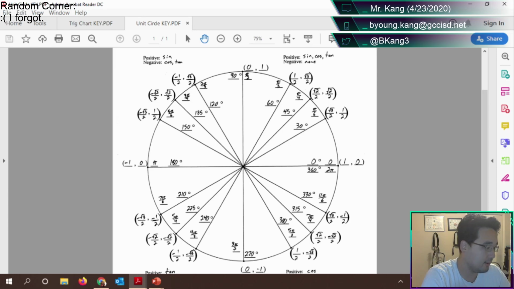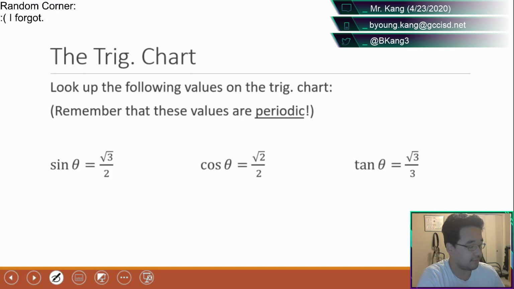But the key here is that whenever you go to a given angle that has special coordinate points, then you can always look up the sine and cosine of that angle by just looking at either the x or y coordinate. So if I ask you something like sine of theta equals square root of 3 over 2, and I want to know what theta is,